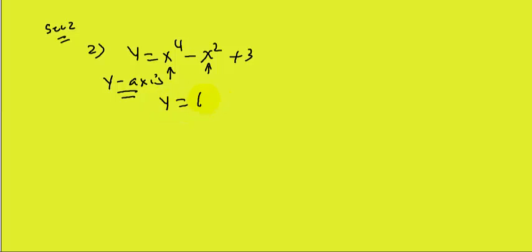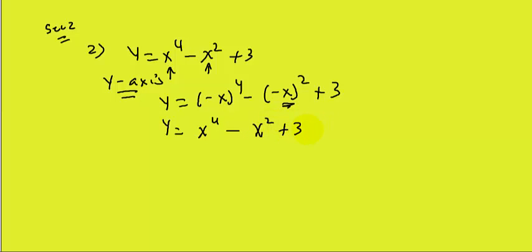So y is equal to negative x to the 4th minus negative x to the 2nd plus 3. Okay, so when you replace x with a negative x, and that's what we just did, and then when you clean it up, when you raise negative x to the 4th, you're going to get positive x to the 4th, minus, when you raise negative x to the 2nd, you're going to get positive x to the 2nd, plus 3, and it turned out to be exactly the same as that. So when I replace that, and it turned out to be the same, then we say it is symmetric